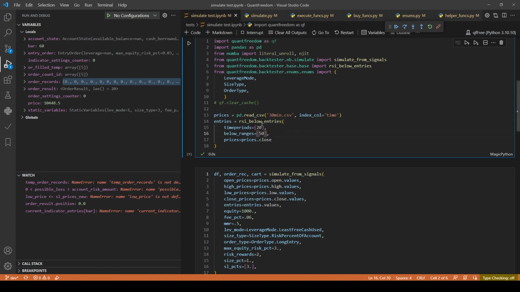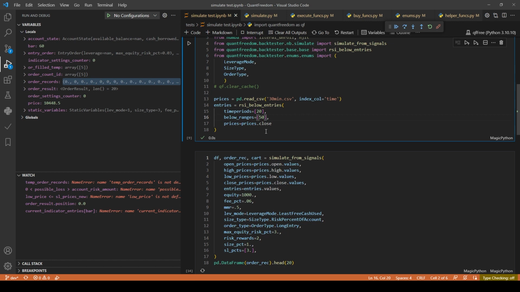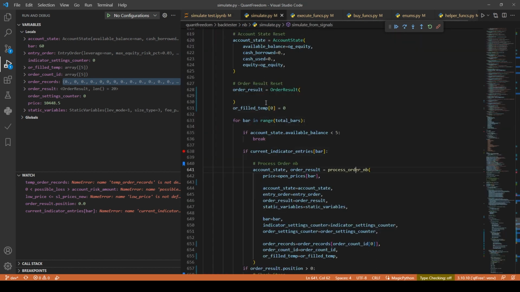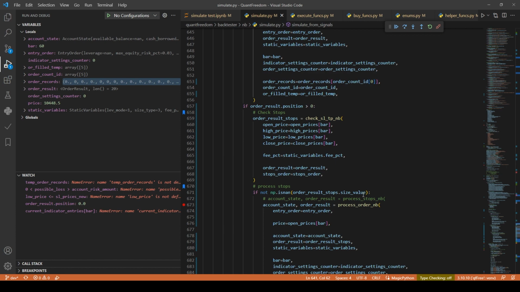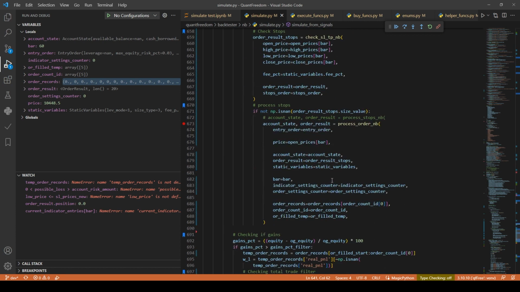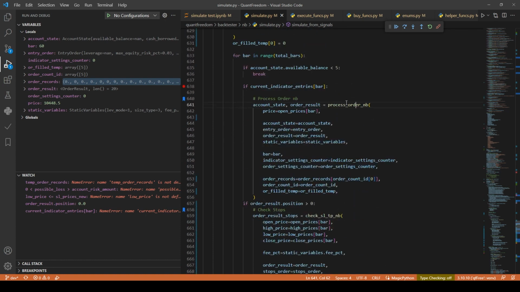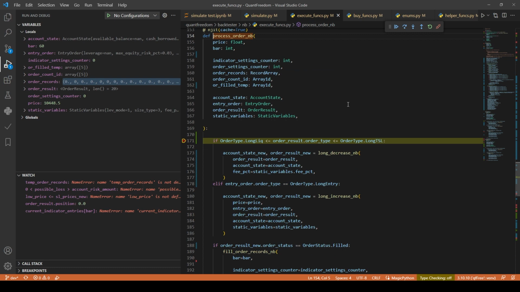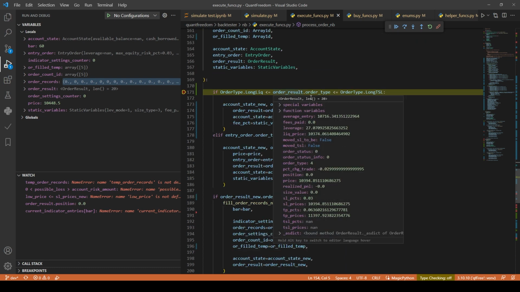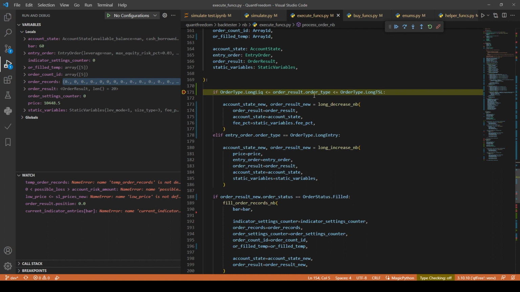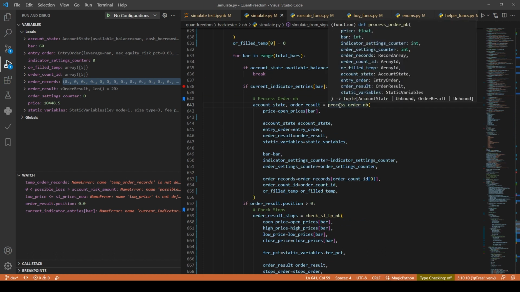So what's happening is we'll come here, we'll process the order, we'll come in here, fill the order records and all that. Then the order result will be this. Then we'll come back up to here. We'll come into here. We'll process the order in B. And then, boom, the order result will be this. And so, unless I pass the order result separately in here and say this has to be some type of entry order,